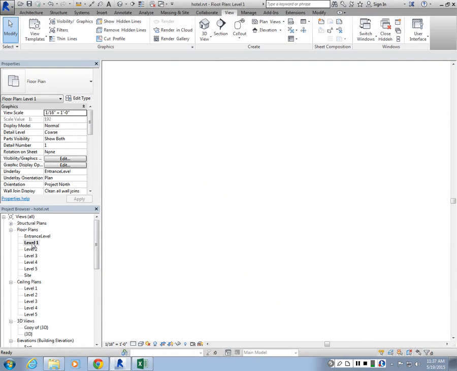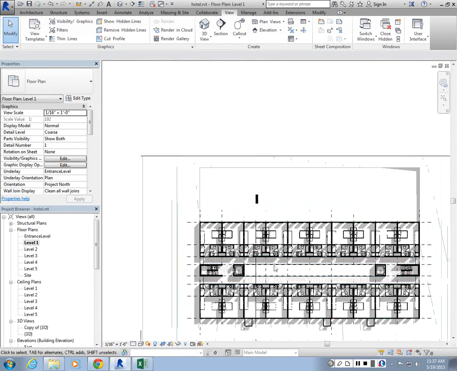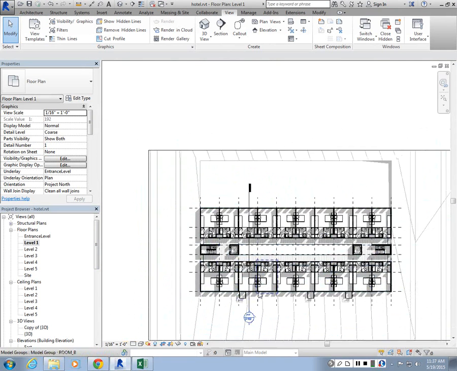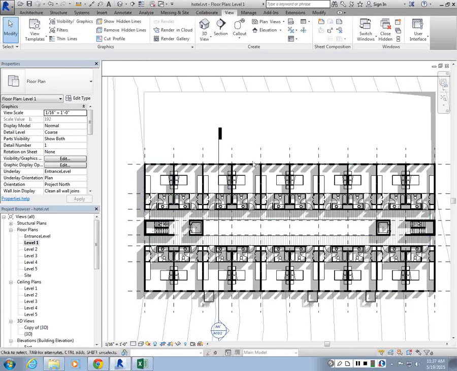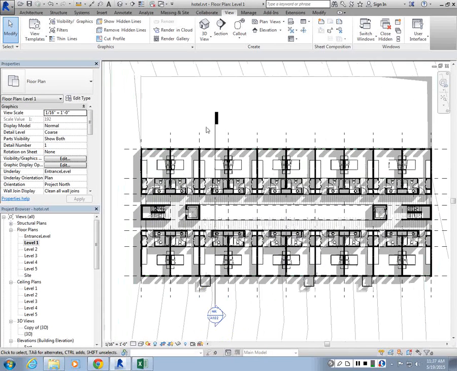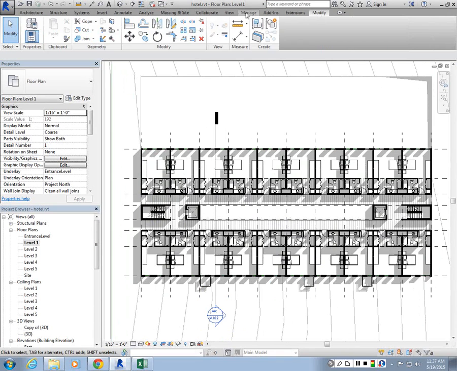So if you go to level 1, what I did was there are different types of controls for how objects are drawn or drafted in Revit. So first thing is we can go to Manage